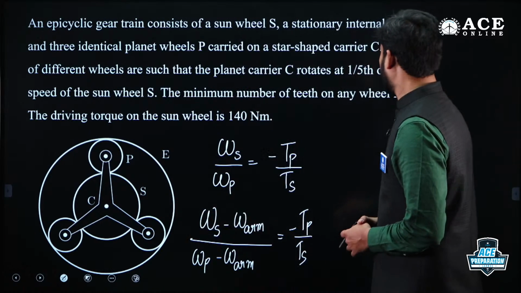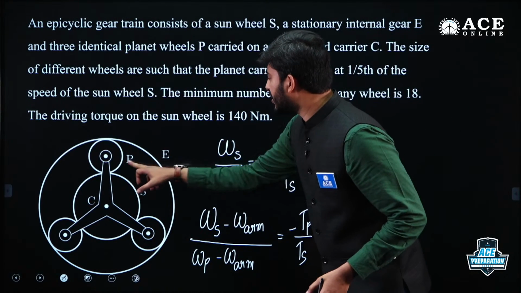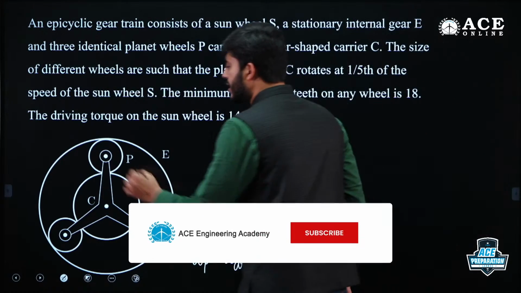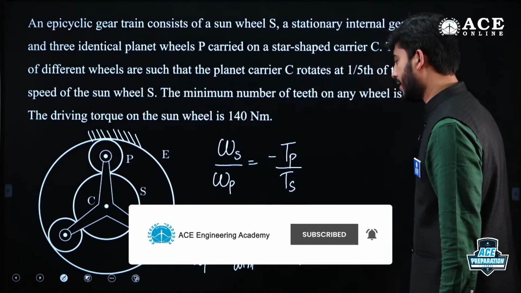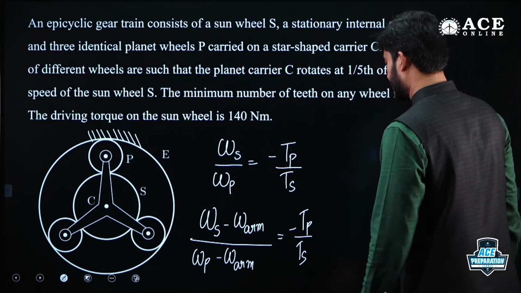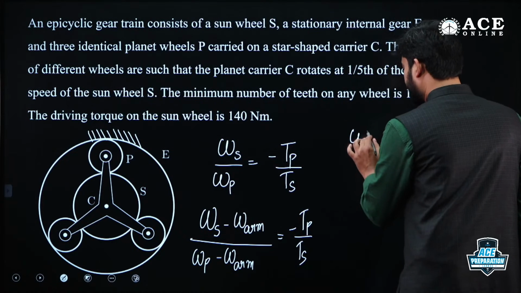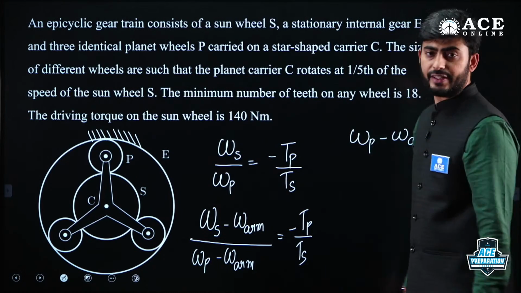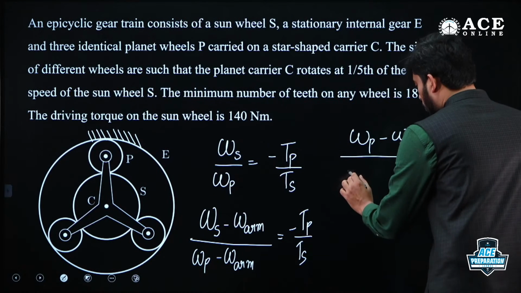Next, the planet is meshing with the internal gear E, and the internal wheel E is actually fixed. So here I can write omega planet minus omega arm divided by omega E minus omega arm